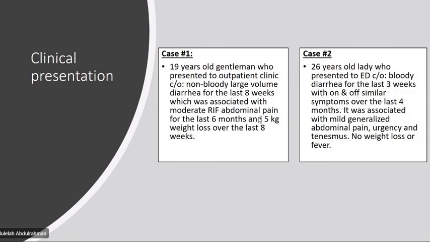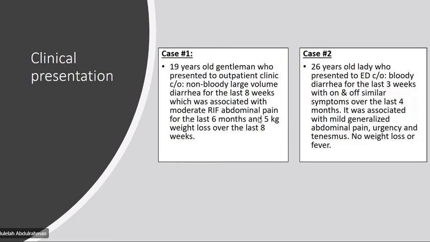Can I just bring your attention to focus here more? So can I have someone, I'll read case number 1. I want someone to tell me, what do you think? Is this Crohn's or UC, based on what we talked about or will talk about later on? So case number 1 on the left side, a 19-year-old gentleman who presented to outpatient clinic complaining of non-bloody